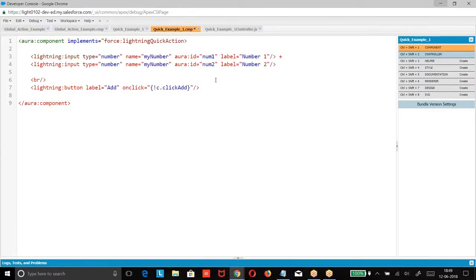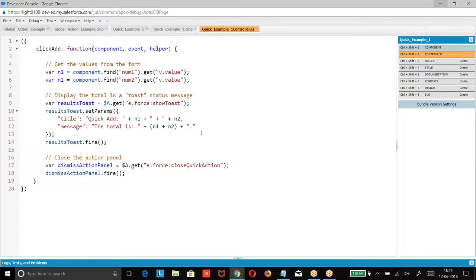If I go for a cancel action, when you have a Cancel button and I click on this, the close action should perform. The close action is given here. What is it? Event force:closeQuickAction, dismiss action panel. The action panel, whatever you are getting, should be dismissed.